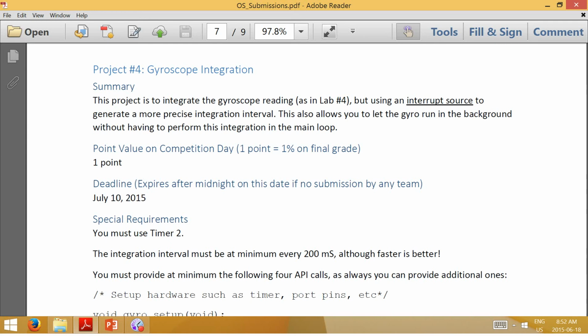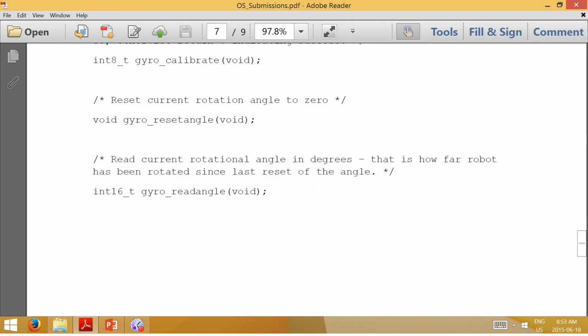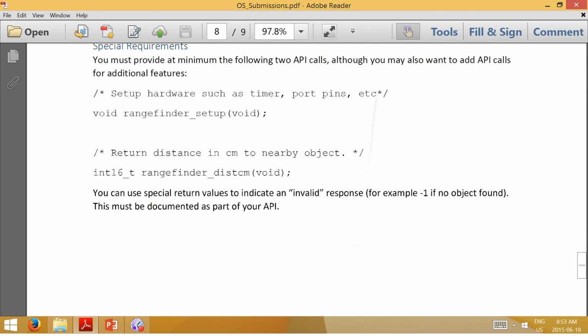So every 200 milliseconds or 100 milliseconds, you can read the gyro and integrate it. This project is basically to perform that and give a nice API such that someone just calls the setup, calls the calibrate that nulls the biases out, and then they can reset the angle whenever they want and read how much change there has been from that angle. So very simple.